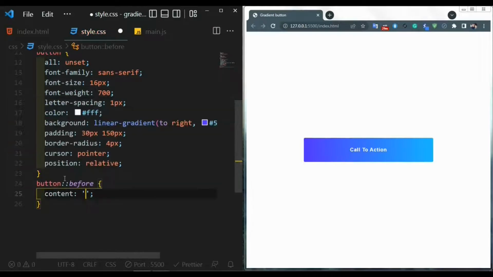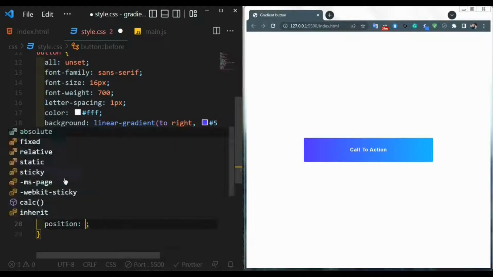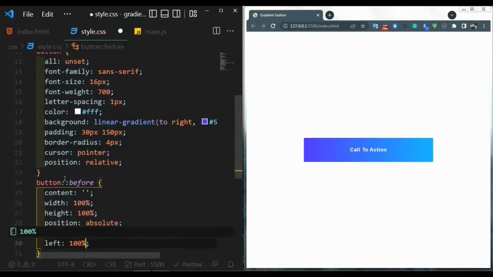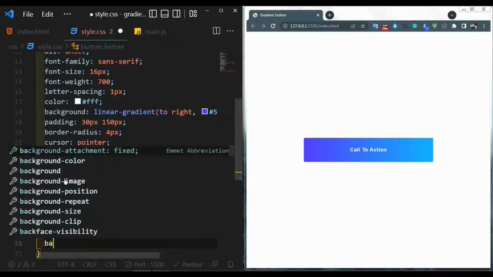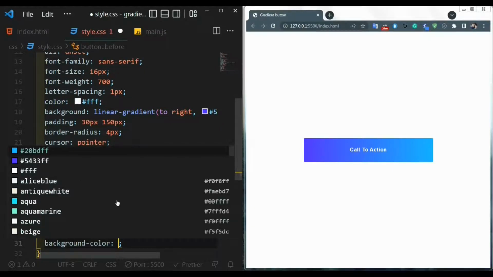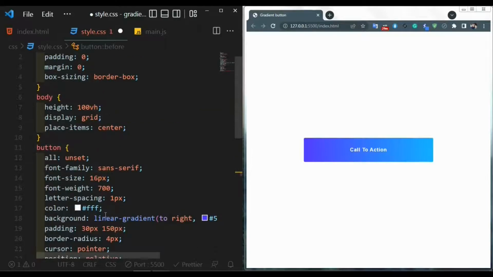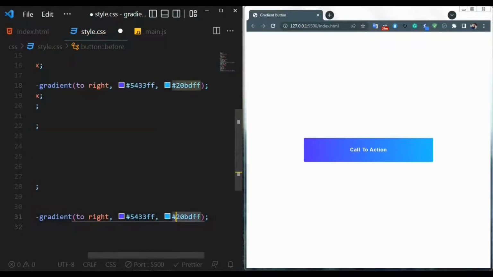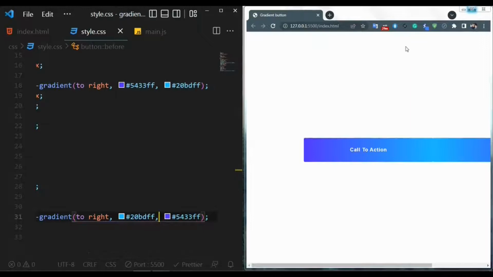Here is its before. It has 100% width and height of our button, and its position is 100% left of button. It has opposite linear gradient background of our button. As you see here,